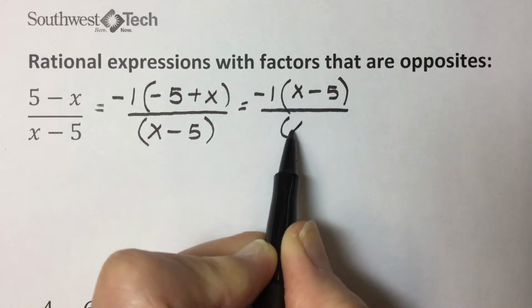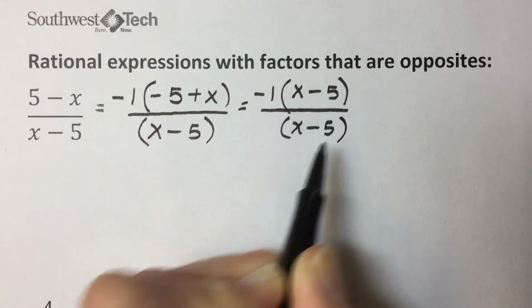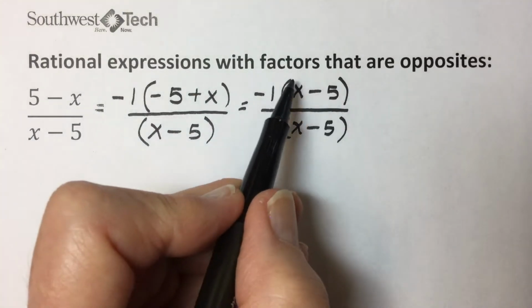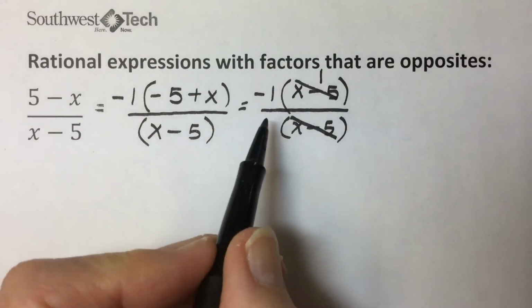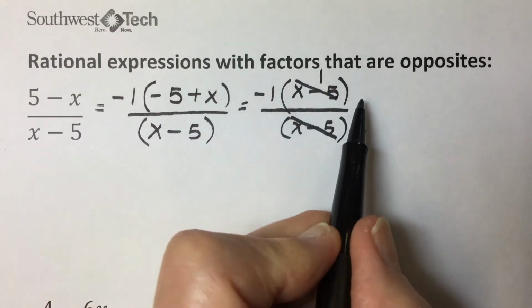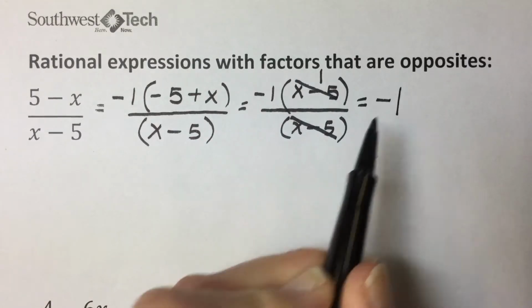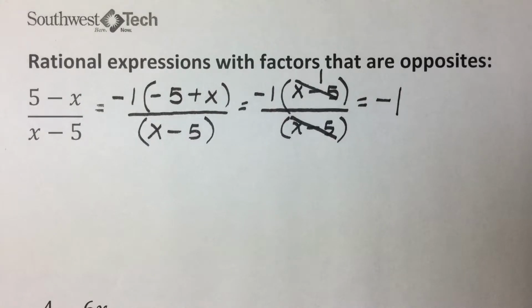And now, looking clearly, we have the common factor of x minus 5 over itself, which is equal to 1. Simplifying further, -1 times 1 is -1 for our final answer. In the next problem,